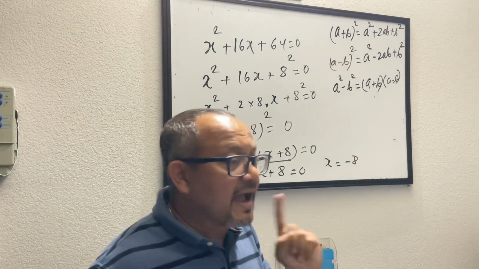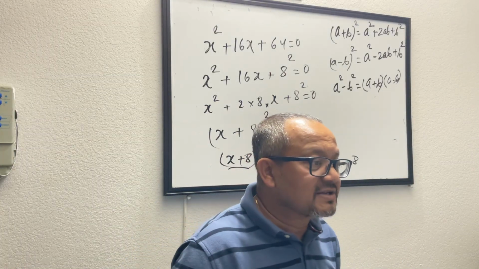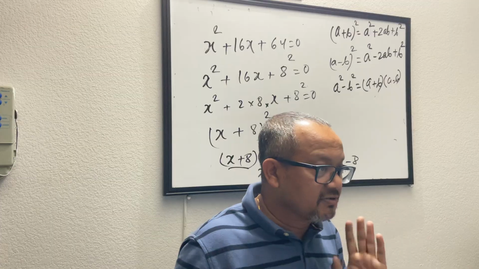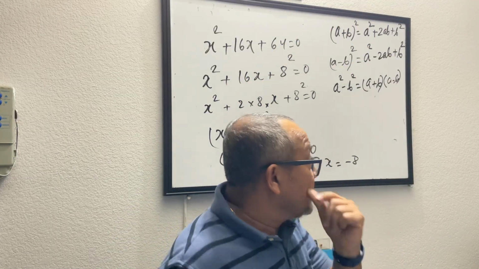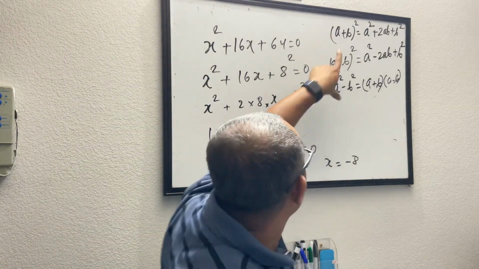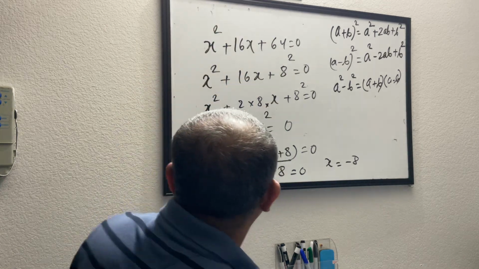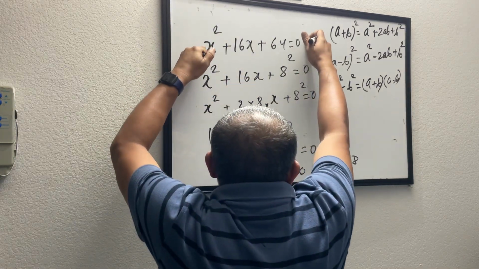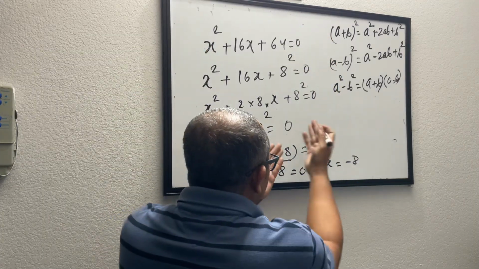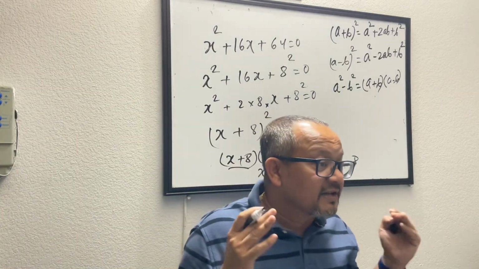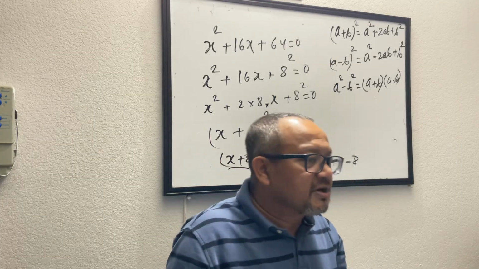So here the catch is this. When we learned about the quadratic formula, obviously you will see that you have a magic wand. Certainly agree to that. But calculating the quadratic formula will still take you a little bit of time. If you get very comfortable with these formulas, by looking at this equation itself, you will figure, okay, this is a plus b whole square, x plus 8 whole square. So when you get very familiar with this one, in one jump, you will say this is nothing but x plus 8 whole square. That means x plus 8 equal to 0. That is x equal to minus 8. In less than 10 seconds, you will be able to say that. But by applying quadratic formula, you might take maybe 20 seconds.